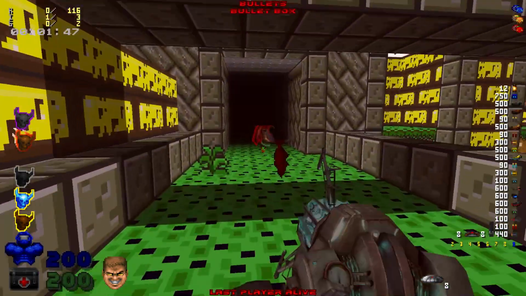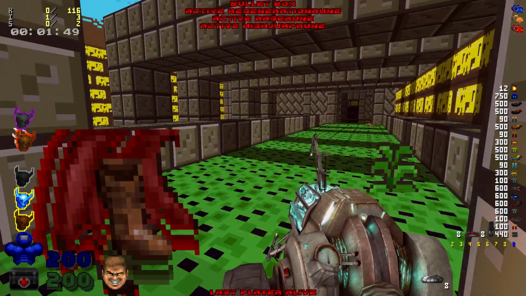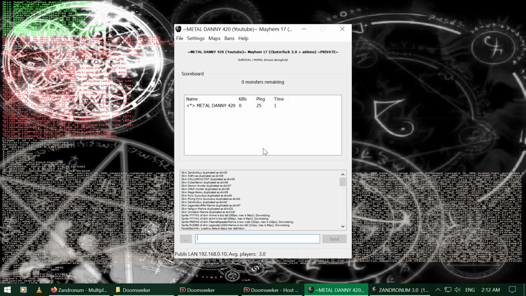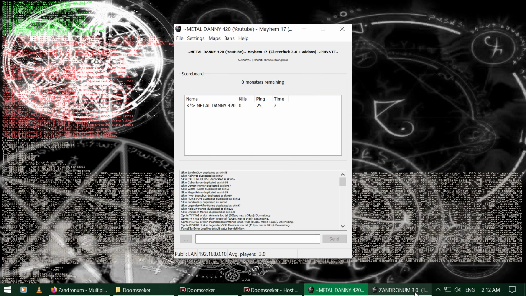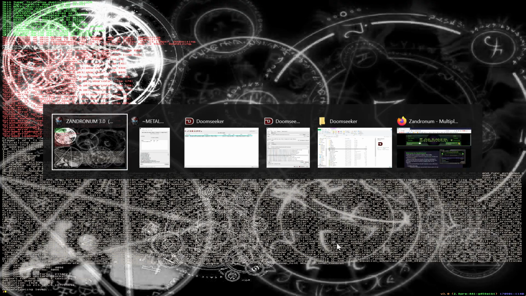That's all it takes. So if you get errors or anything, you can even alt-tab, check the server, because this is your server window. It shows the players, you can even change the map. You see all the map names and what maps are available. But if you change it here, it resets everything. Weapons, inventory, everything. So I don't recommend that way. What I do recommend is the Archon method. That's why you need the Archon password in the settings. Very important.